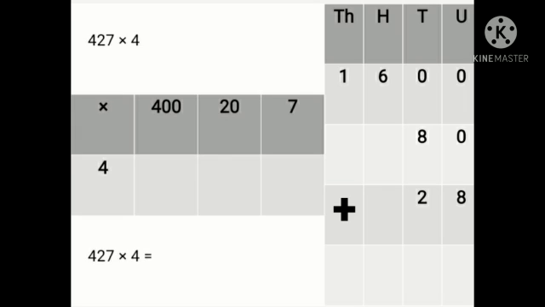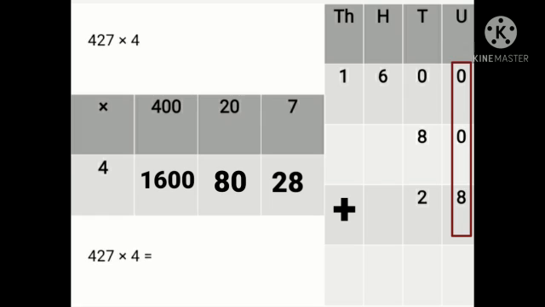427 multiplied by 4. So now we will start the multiplication. 4 multiplied by 400, the answer is 1600. 4 multiplied by 20, the answer is 80. 4 multiplied by 7, the answer is 28. Now all the three answers we will arrange according to the place value for addition, and starting from the units,